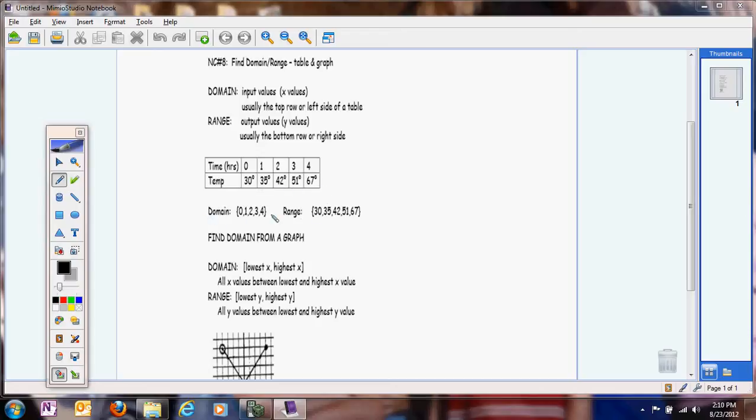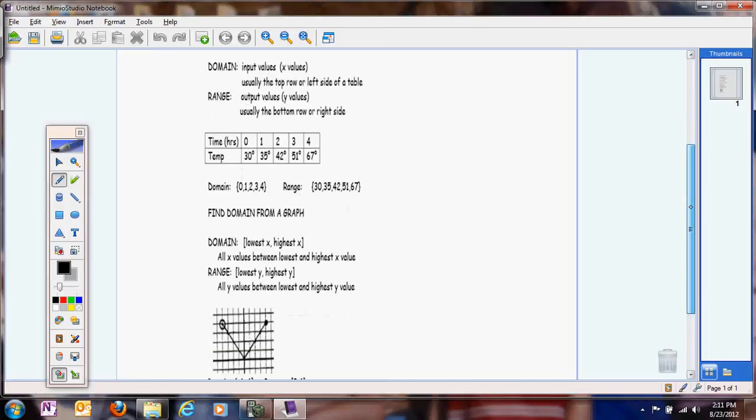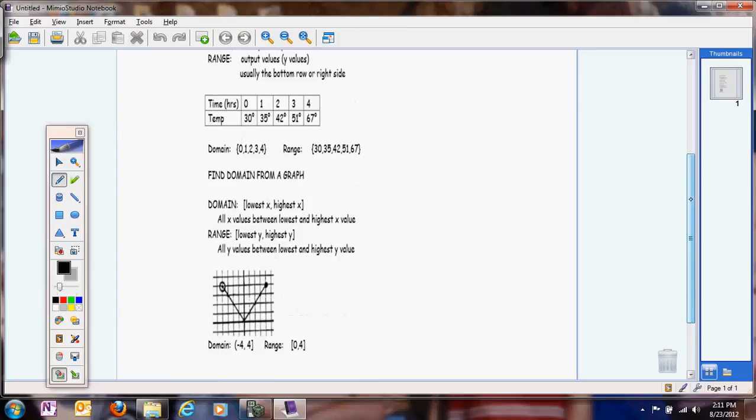Very simple. Domain is the X values, range is the Y values. That's a very beginning pre-algebra or algebra 1 lesson. Finding the domain and the range from a graph,